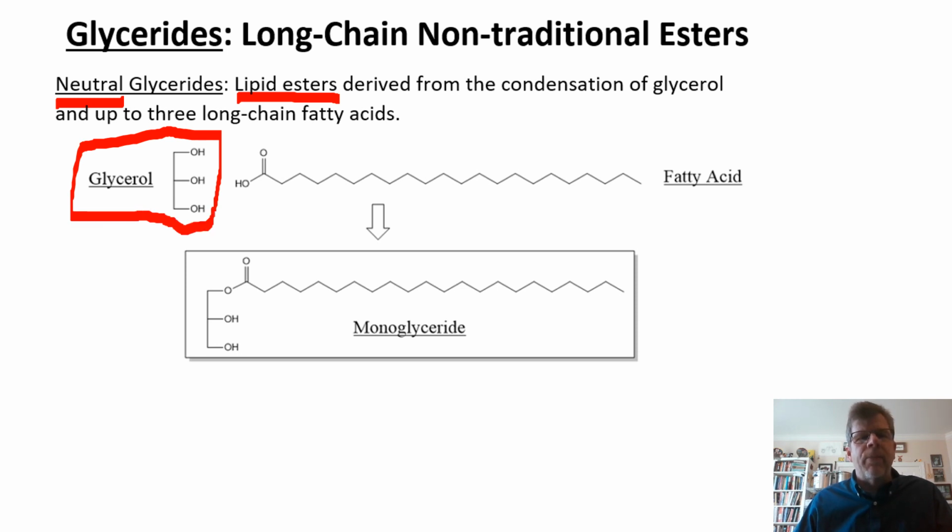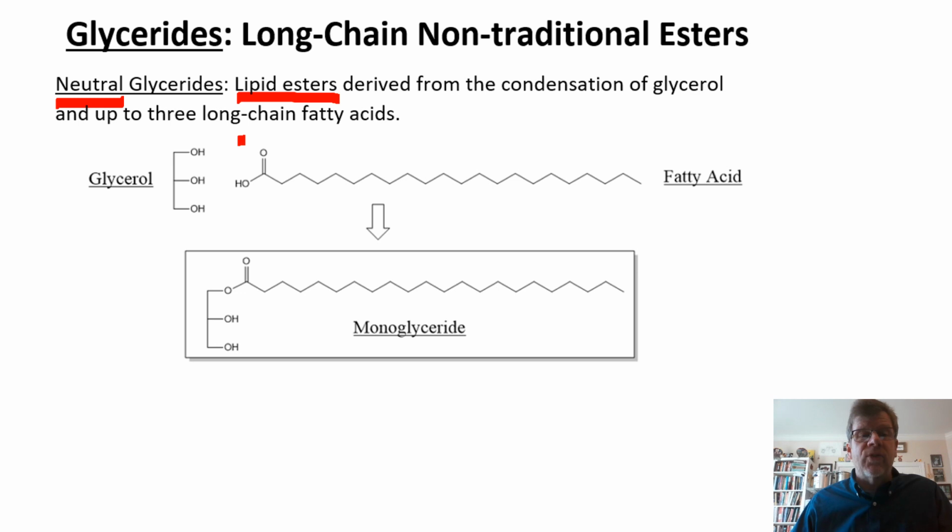Glycerol is a very important biochemical structure, in which we have 3 carbons, and on each of those carbons we have a hydroxyl group. So it's like a tri-alcohol. Glycerol has 3 hydroxyls on it, and if one of these hydroxyls happens to condense with a carboxylic acid,